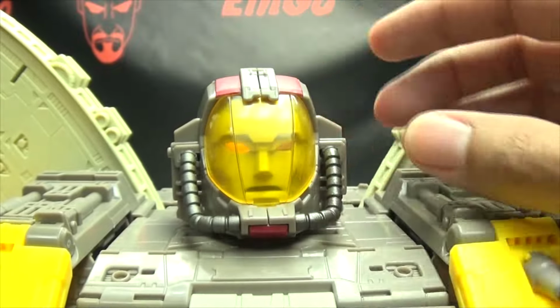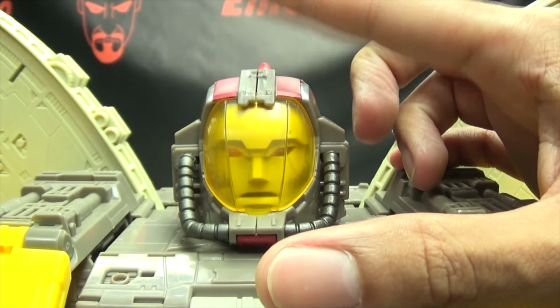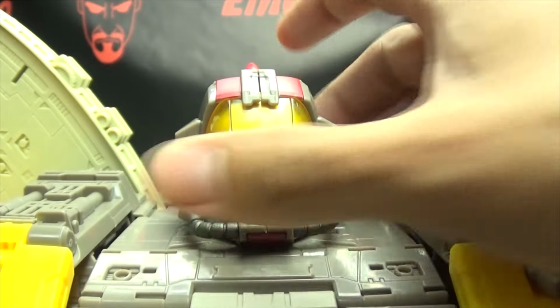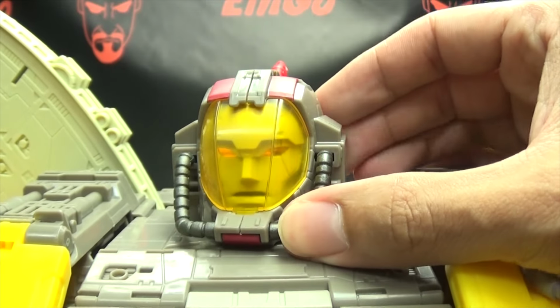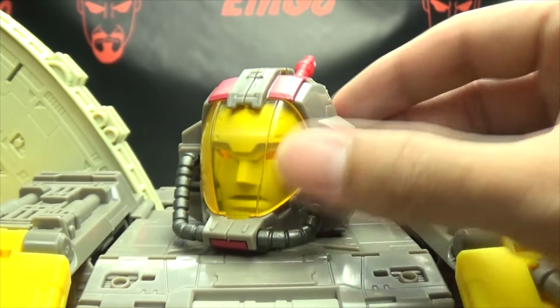a little bit. Luckily, I do have some blue paint, so I'm probably going to take his head apart and paint his eyes blue. So I think that's what I'm going to do. But yeah, all in all, though, it is still a pretty nice Omega Supreme